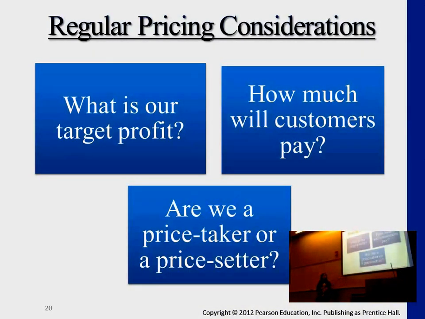So for pricing decisions, of course, we need to decide first of all what is the target profit and what is customers' demand for these products. But what type of strategy your company is able to set in place to set the price depends on how unique the product is. So if your product is more toward the groceries, the basic necessities of living for each and every one of us, it's more of a price taker.